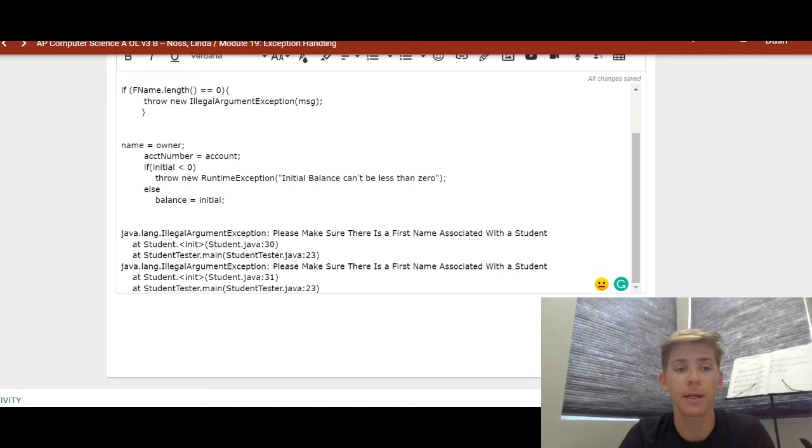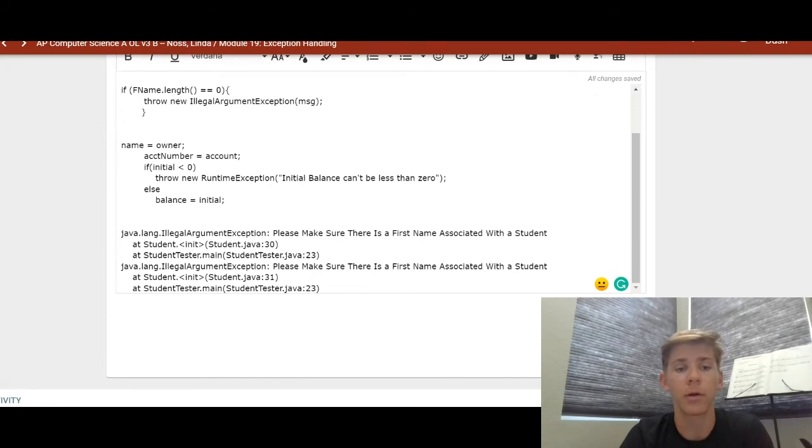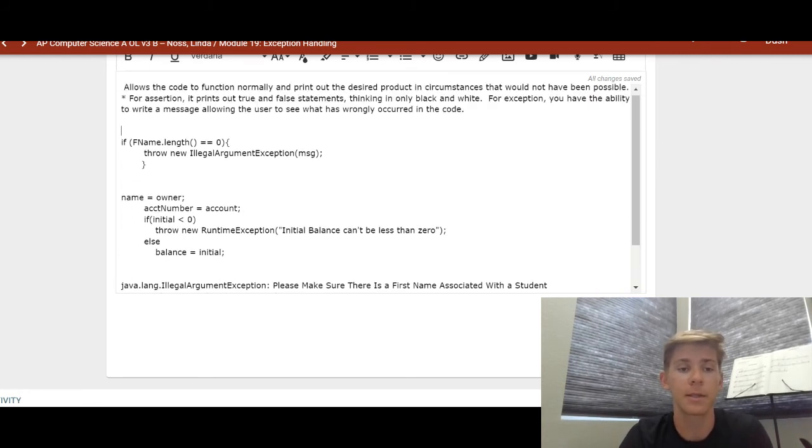And then this right here shows a runtime exception, another exception that occurred in the bank tester from the 19.01 lesson. You create this mainly so you can work on code that can function in circumstances that normally wouldn't happen. So they create an exception because the three main problems or errors you'll see are